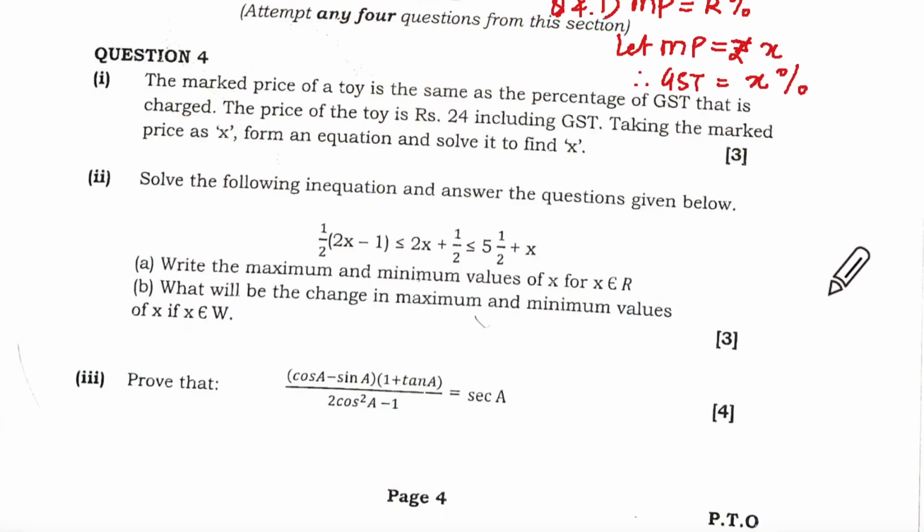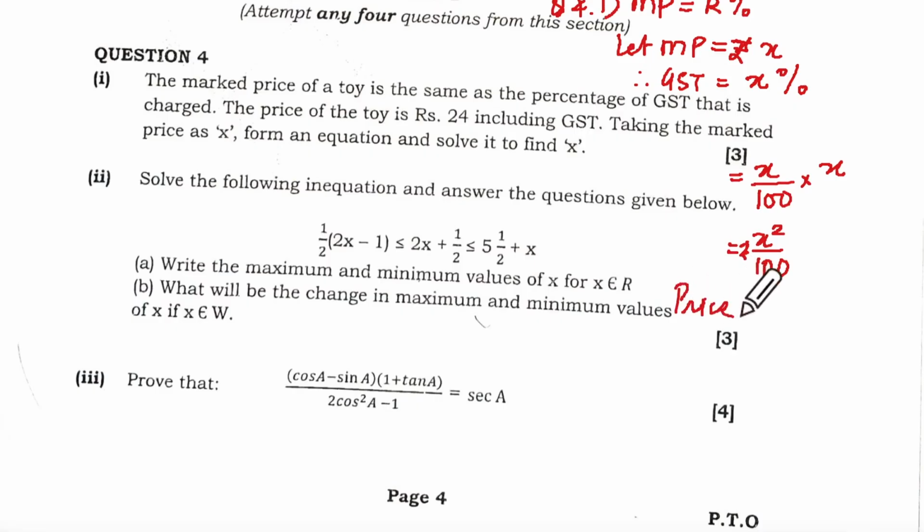Agreeable to you? Yes. Okay. So it is going to be X upon 100 multiplied by X. So how much is GST? X squared upon 100, those many rupees. Now they say that the price including GST